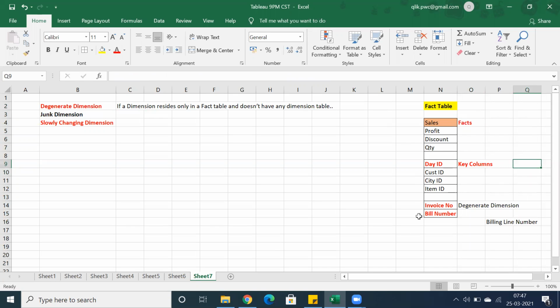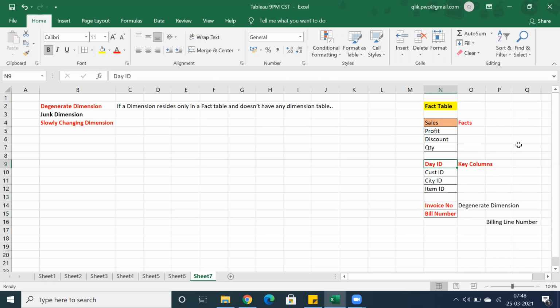But we have another concept called degenerate dimension, which is present in the fact table. The best example I can tell you is invoice numbers or bill numbers, which we call a degenerate dimension. So whatever dimension is present only in the fact table, and you don't have any relationship between the fact table and a dimension table based on that column, is a degenerate dimension.